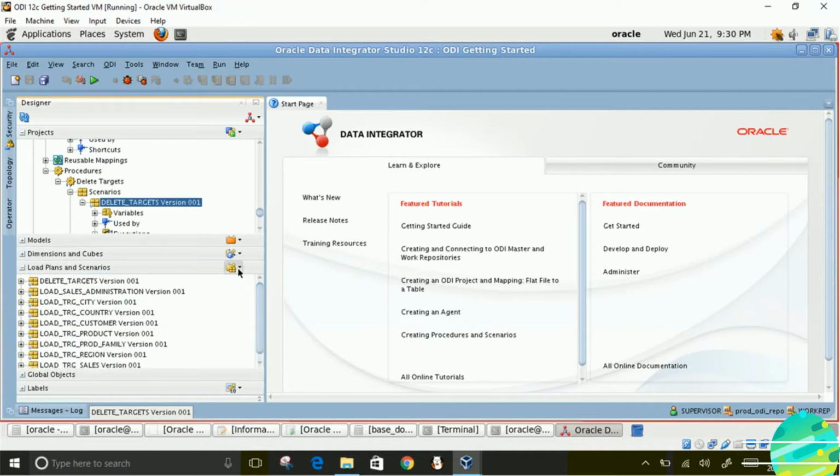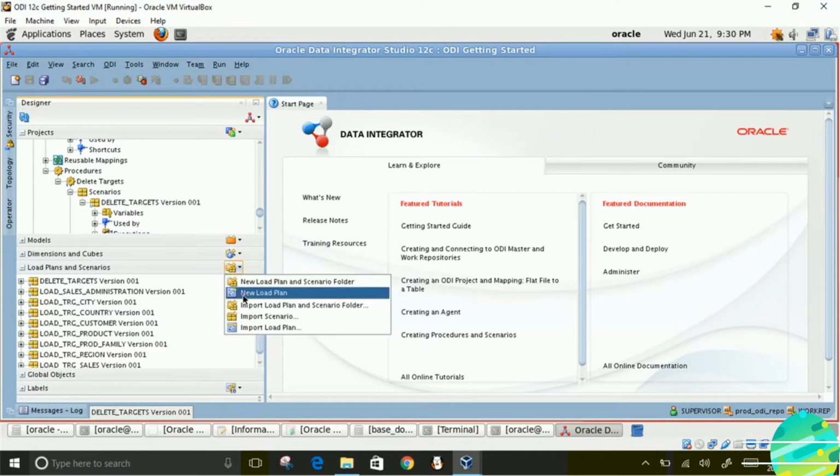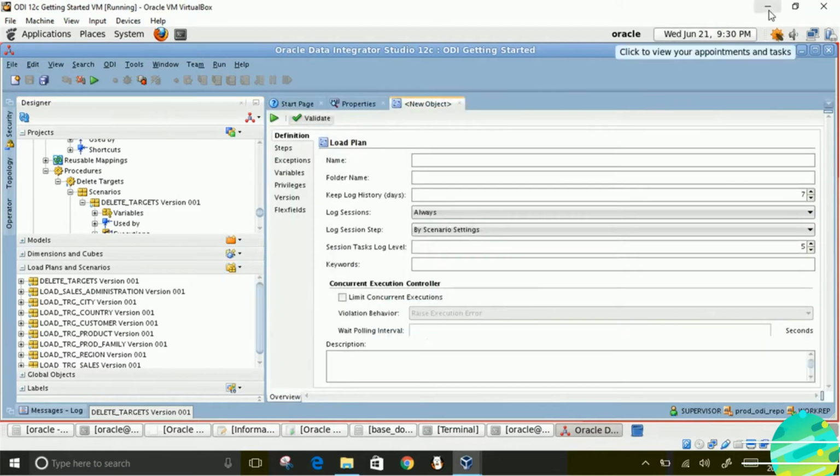Very good. Let's go ahead and start creating load plan. Click here and say new load plan. Right here, our load plan screen.